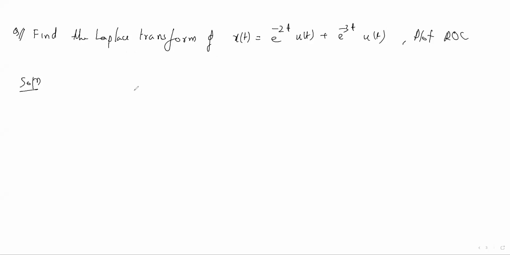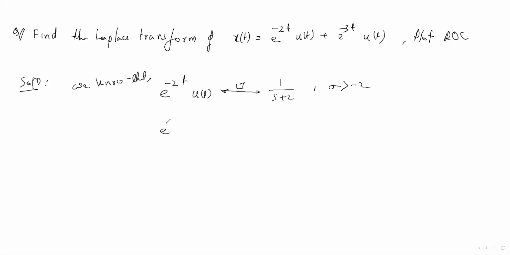So we know that, try on your own. Okay, though I am solving, you should try on your own. These are very simple. I have already given the formula. I have solved the properties or formulas in the previous class. What is the Laplace transform of e to the power minus 2t u of t? It's nothing but 1 by s plus a, or you can write 1 by s plus 2, isn't it? And what is the ROC? That is the most important. ROC: sigma should be greater than minus 2, isn't it?